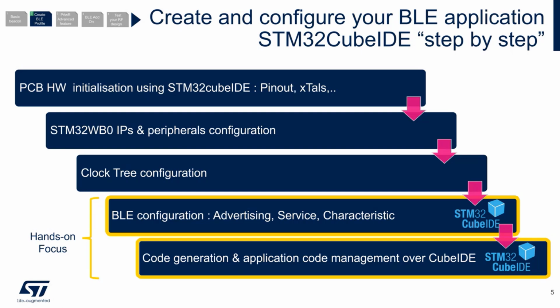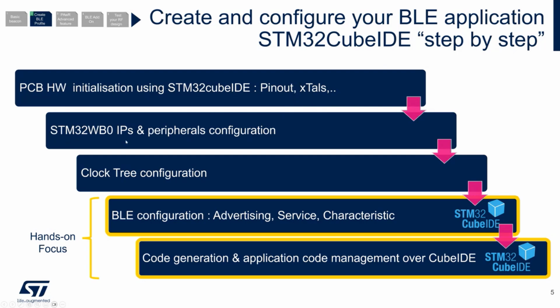The first thing we have to do is to initialize the hardware. Initializing the hardware means activating and selecting the crystal, and selecting the correct pinout. For our demo, selecting the pinout means selecting some I/Os as output for the LEDs, some I/Os as input IRQ for the button, maybe some I/Os dedicated to UART communication, and so on. This is the first step.